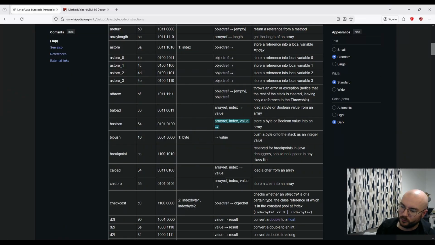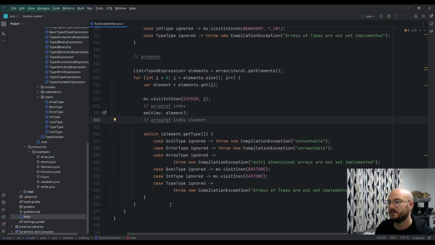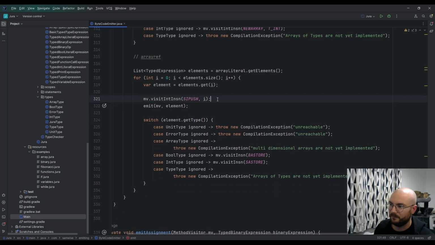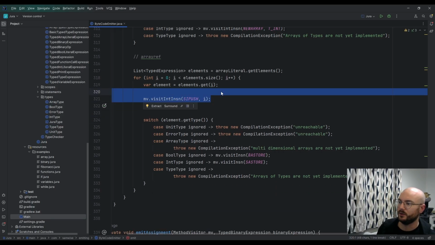And this consumes all three and returns nothing. So at the end of this loop, once we do the store, we have nothing on the stack, which means when we come round again, we're going to push the index and the element, and this isn't going to work because we don't have the array ref anymore. So actually, the first thing we want to do